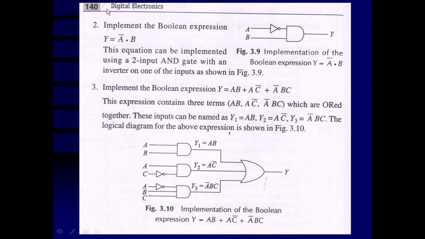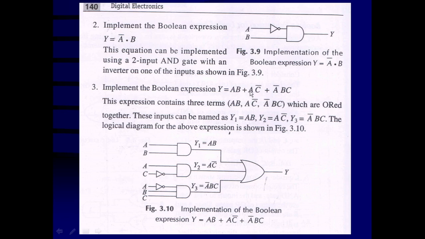Second example is like this. We want to implement the Boolean expression in terms of the logic circuit y is equal to a bar dot b. That means we will be having an AND gate which has inputs a bar and b. How to obtain a bar? It has to be complemented. So prior to the input a bar, an inverter is required. So a is going to be inverted. That means the output of this inverter is going to be a bar. Another input is going to be b, and that way we can prepare this circuit corresponding to this Boolean expression.